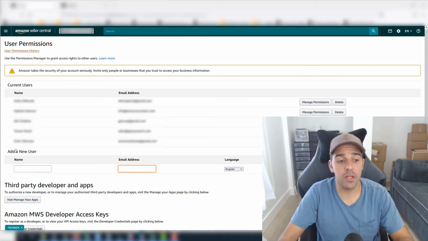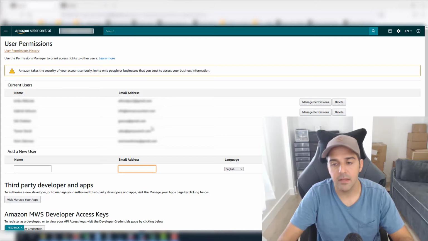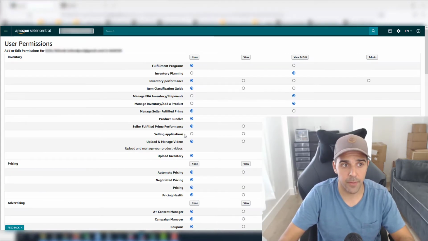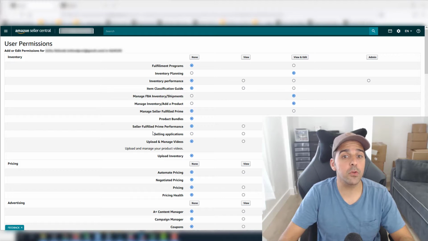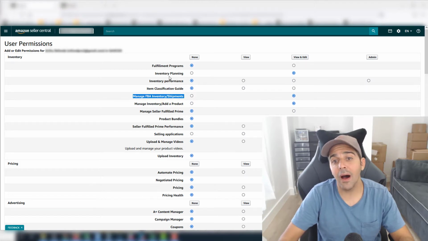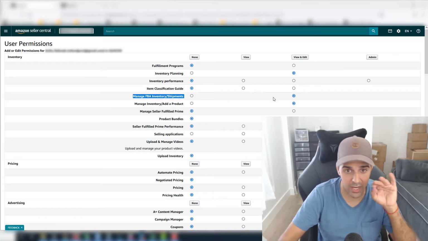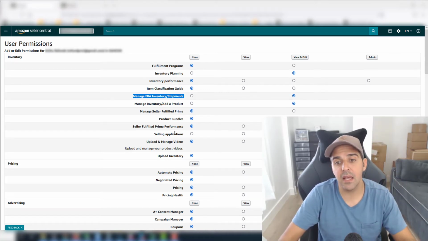So let's assume that you already invited someone and you just want to tweak the permissions that they can get. So let's click on manage permissions. Okay, so inventory. In order for them to see your inventory, you have to go here and give them manage FBA inventory. Manage inventory, add a product. You have to give them view and edit access. If you want them to create shipping plans for you or view shipments, definitely make sure that this is checked. I suggest that you don't give anything and you only choose the ones that you actually need to give to someone. Like selling application,